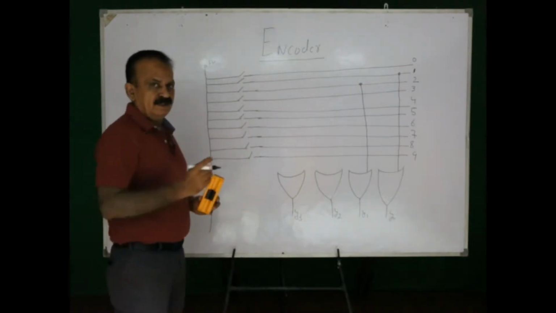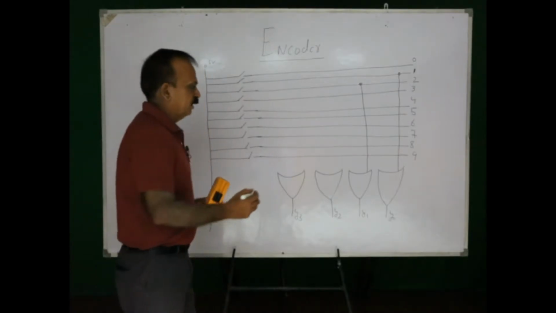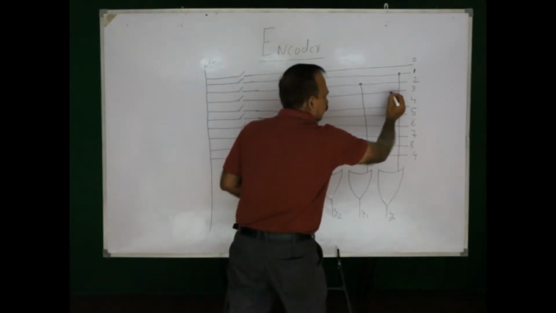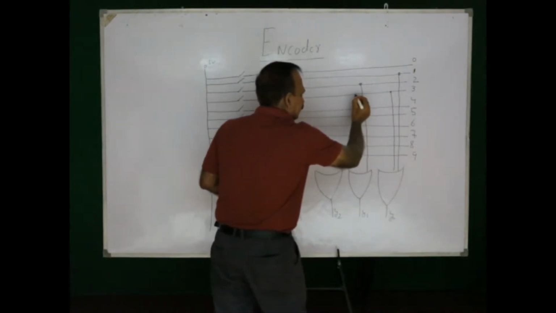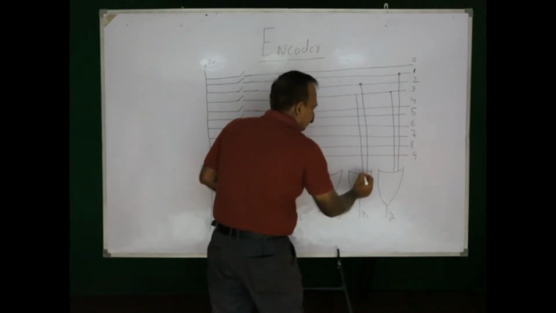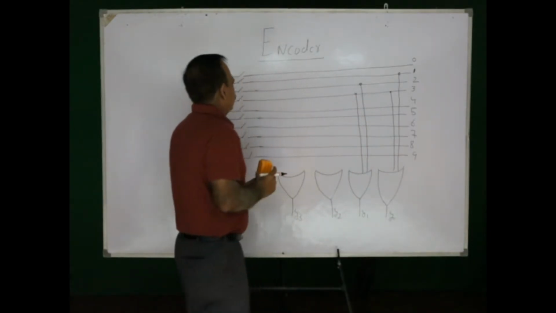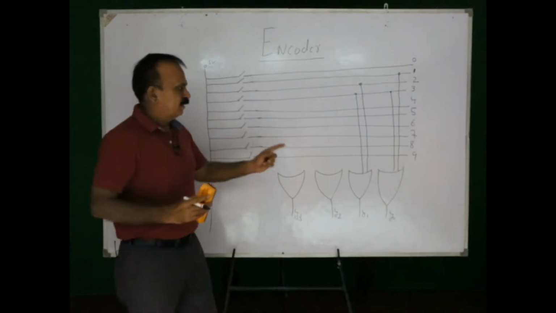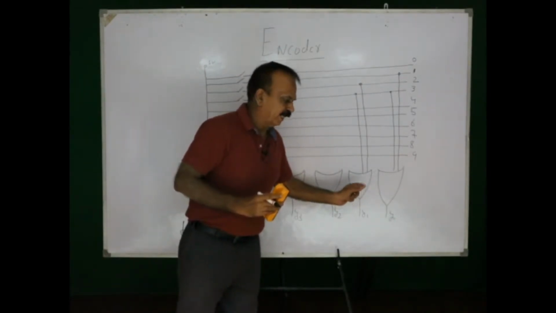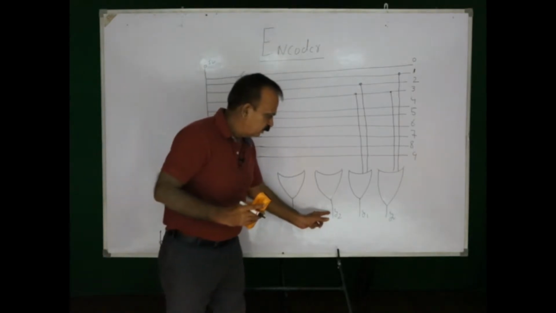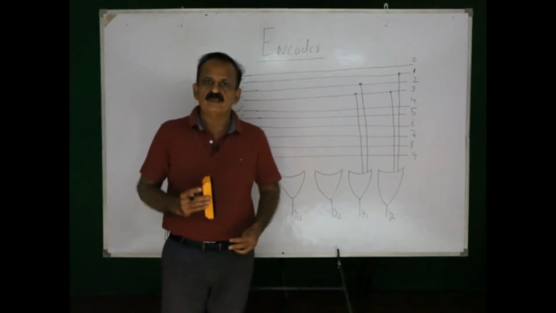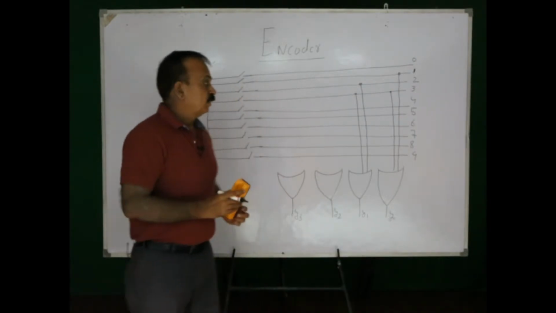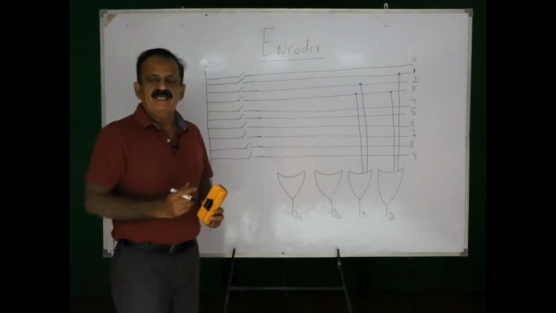What about 3? In binary, the number 3 is 1, 1. That means this wire 3 should be connected to two gates. This is one and this one is the second one. I hope when the switch for 3 is pressed, there will be current in these two OR gates and the output will be 0, 0, 1, 1, which is the binary equivalent of 3. Now, for 4, the binary equivalent of 4 is 0, 1, 0, 0.